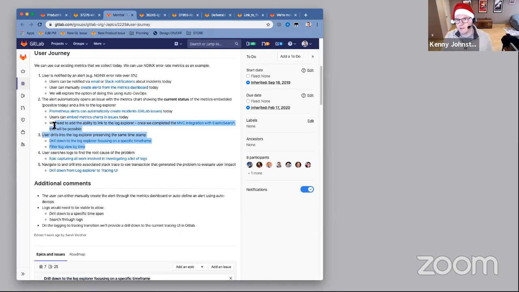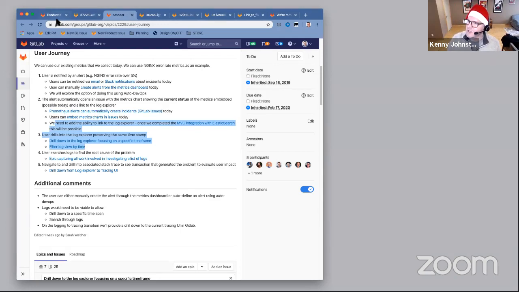Maybe it's when the alert spiked, and automatically drill down into the relevant logs, helping you get to understanding and triaging a problem with your application much more quickly. So I'm really excited about some of these initial steps, and we hope to get our minimal support for this triage workflow in the coming releases.